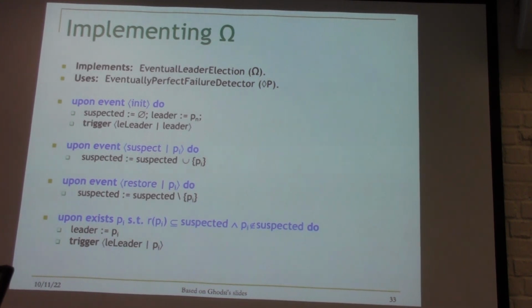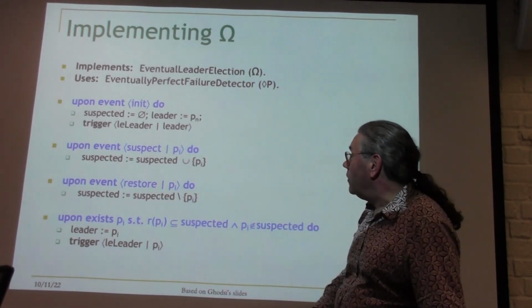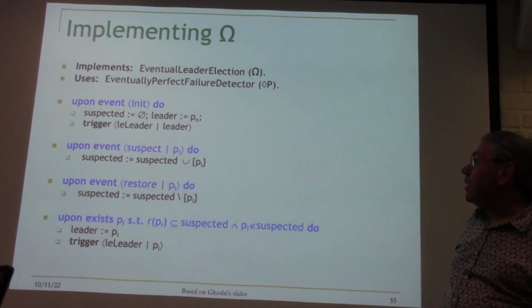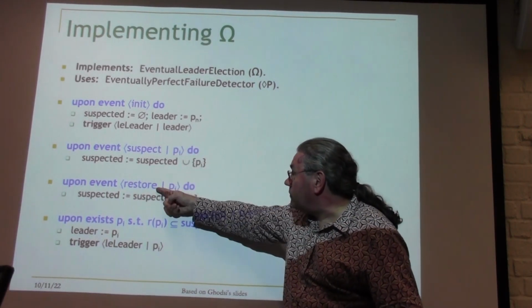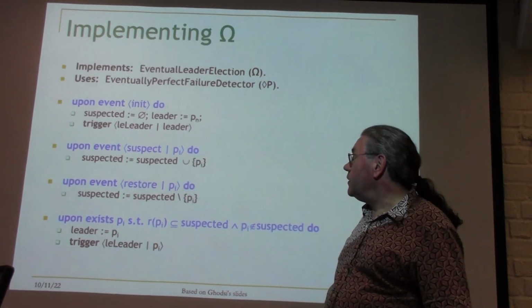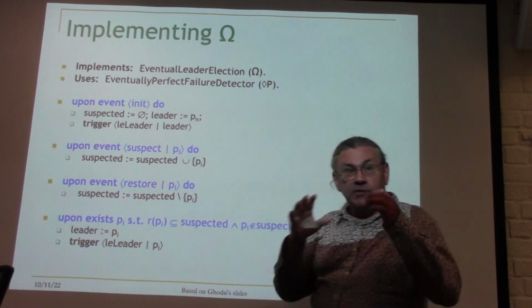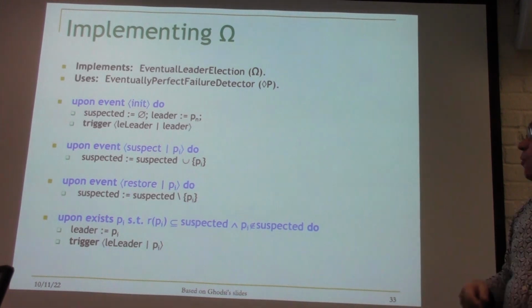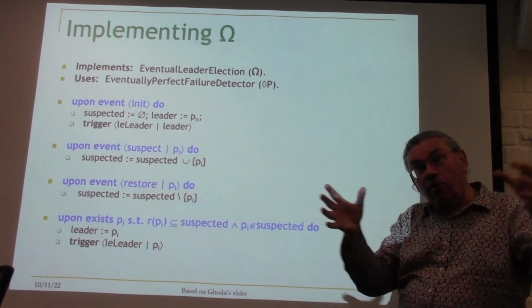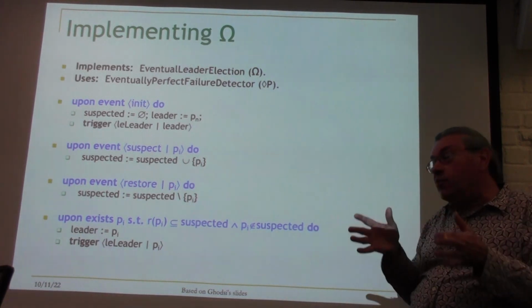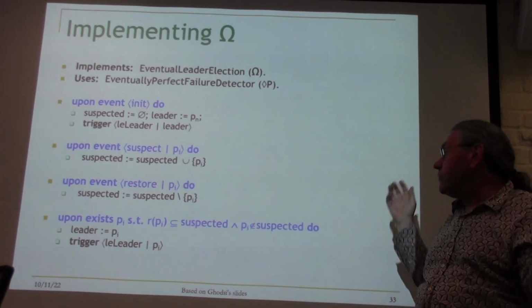This is the whole code of eventual leader election based on eventually perfect failure detector. It's just one page, just one extra line compared to the previous one, because instead of crash, we now have suspect and restore. Suspect will add PI to the set, but restore removes it. So the suspected set in the LE is only growing. It's never getting smaller. Whereas here, the suspected set can be growing and shrinking, okay? But all we know is that eventually it's correct, but in the beginning it might do all weird stuff.